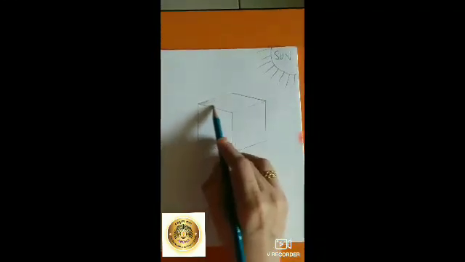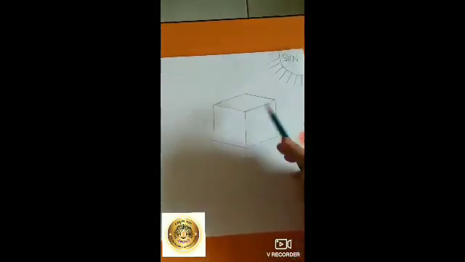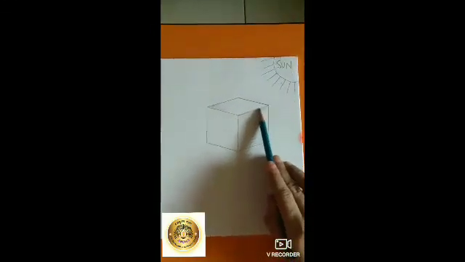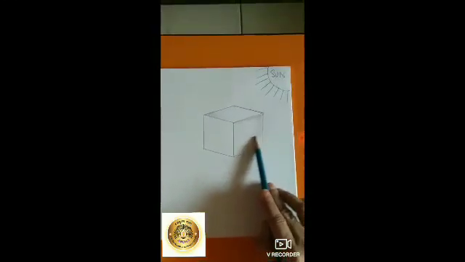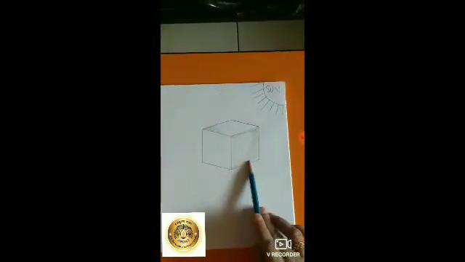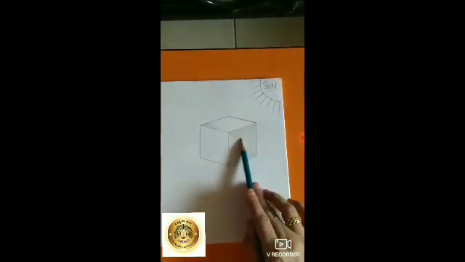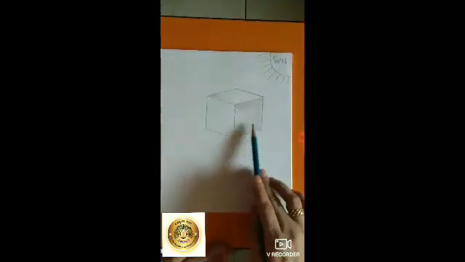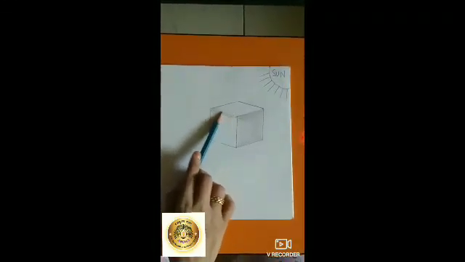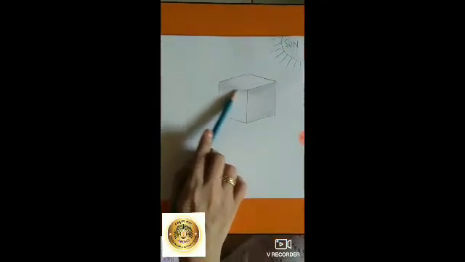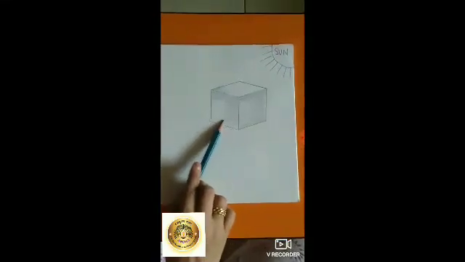Children, we will start with the square, or a cuboid. I will shade it with the 2B pencil first. The part falling directly to the light will have a light tone, and farther from the light source will be darker. The shadow also will be darker. Light tone closer to the light source and darker farther from the light source.